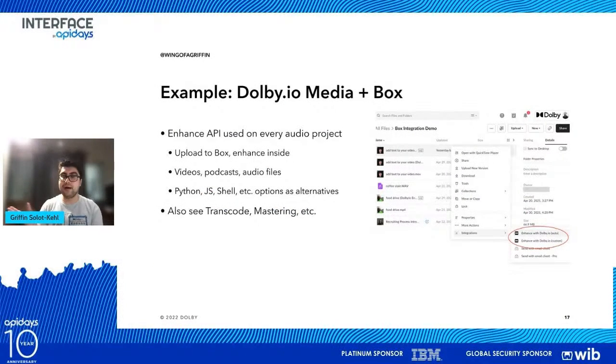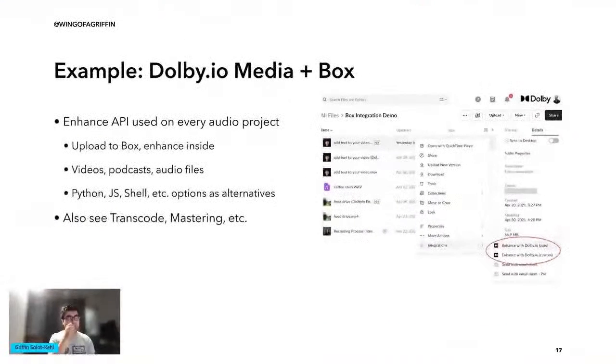So an example of us dogfooding within Dolby.io is using Dolby.io Media with our Box integration, where we are working on a lot of different things that involve audio and video files. So for example, I've actually been working a lot on making a lot of different videos. So every single project that we make, we put through our Enhance API to improve the audio quality. And this is our own tool, this is our own API, and we are using it ourselves so that if we do see something wrong, if the output that we're getting from the video or audio file doesn't sound better, that is a sign immediately to go to our engineering team and go, what's going on? Why is this not working properly?